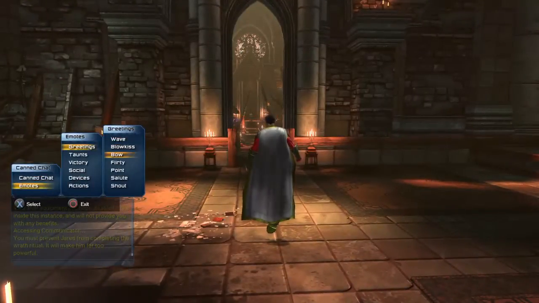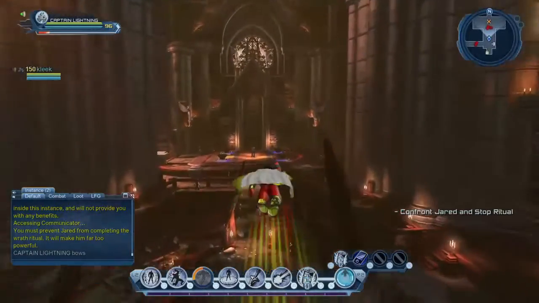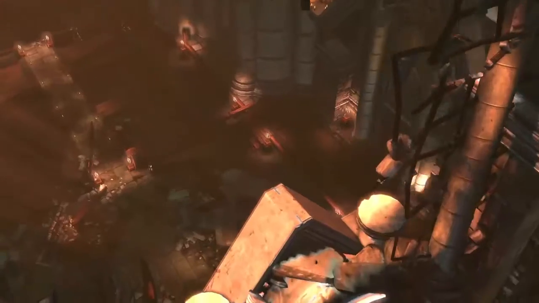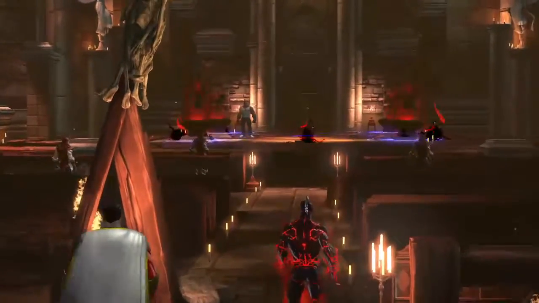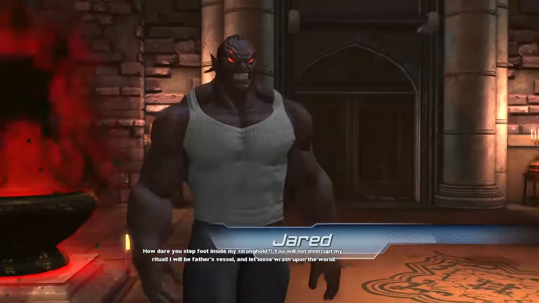So let's give a little bow to our friend, and let's get started. Our friend is combat rating 150. In theory, it should be a fairly easy mission. Sadly, in practice,